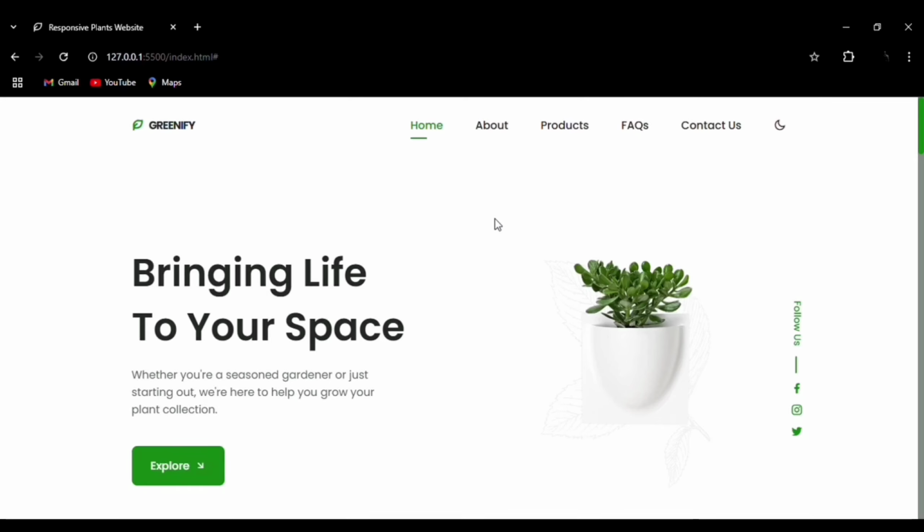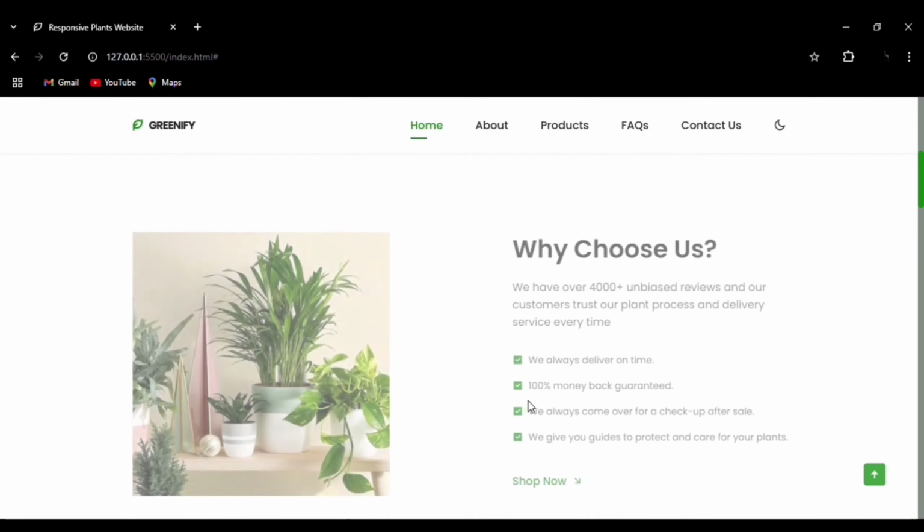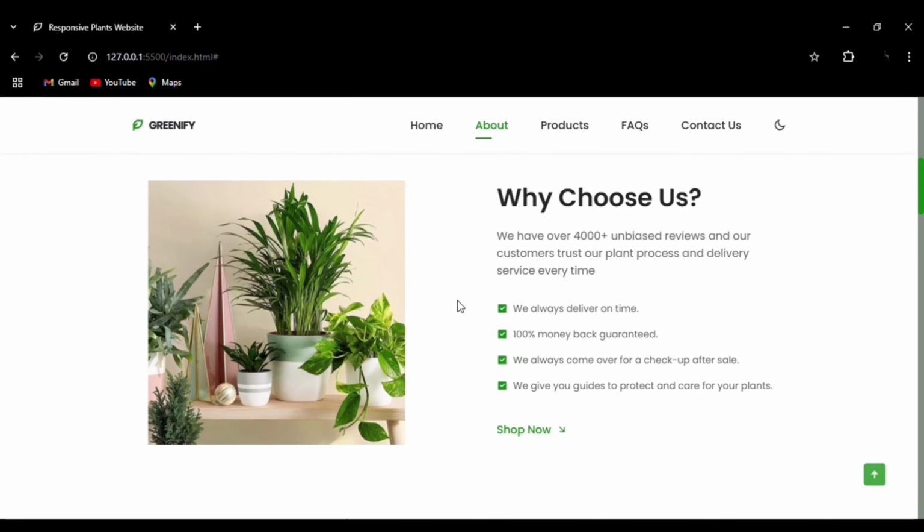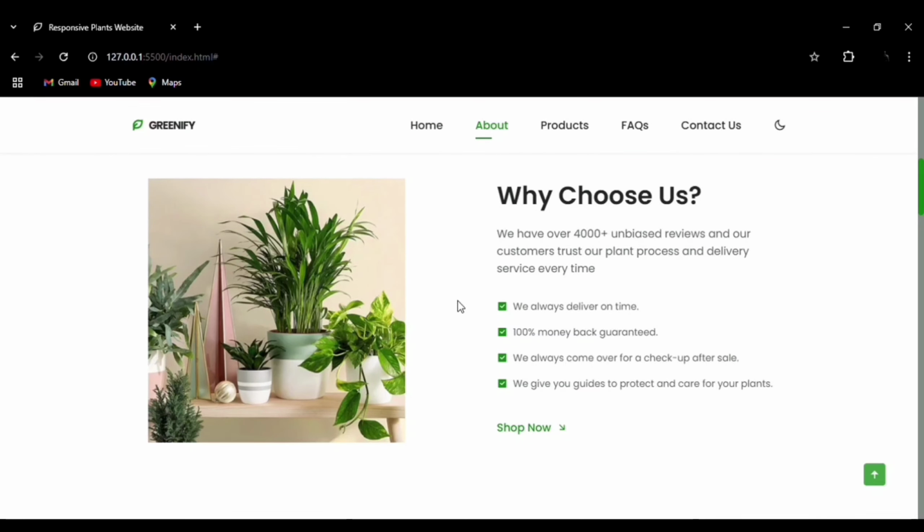So here we are in the home page of the website. Home, about, products, FAQs, contact us and the night mode to light mode shifting button, and the explore button, and here we have our social media icons: Facebook, Instagram, Twitter. You can see we have used AOS for the transition,